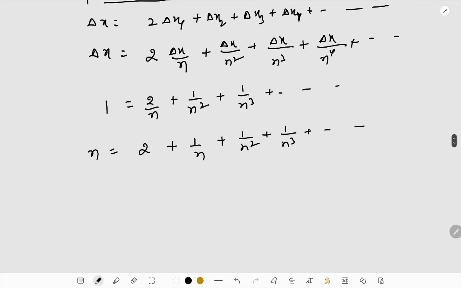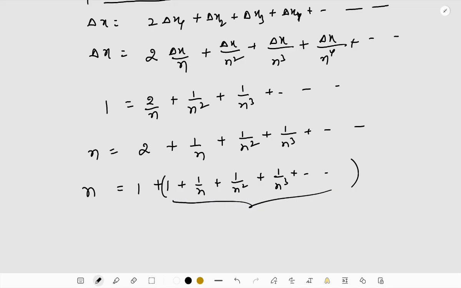I can write this, and then again I would like to write 1 plus 1 plus 1 by n plus 1 by n square plus 1 by n cube, and like this, so that we get terms of a geometric progression. And in the next step we can write it as 1 plus, and I can sum this as a by 1 minus r, and r is simply 1 by n, so we can write n equals 1 plus 1 upon 1 minus 1 by n,